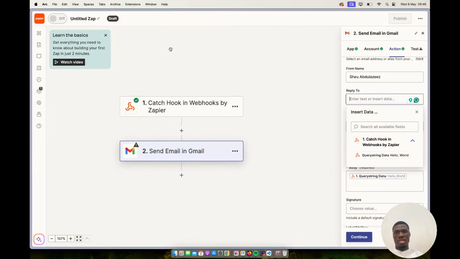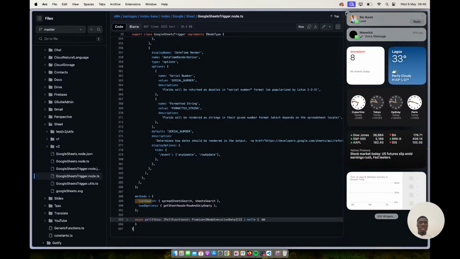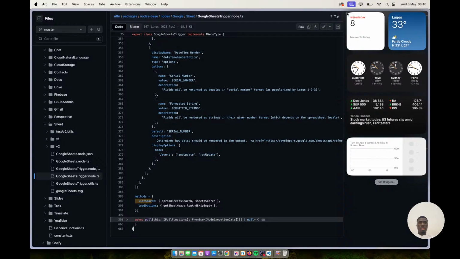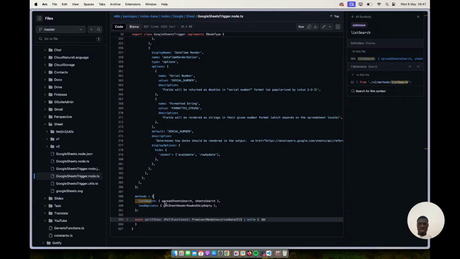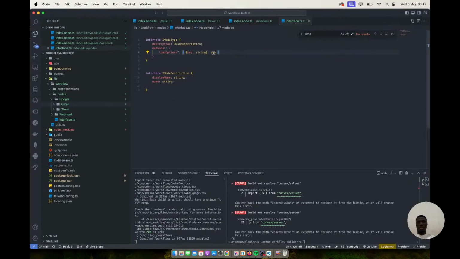So that's the version of options, but they also have list search, but I don't know what that's going to look like yet. I don't know what the search is going to be, but they have icon in description, and the icon should be